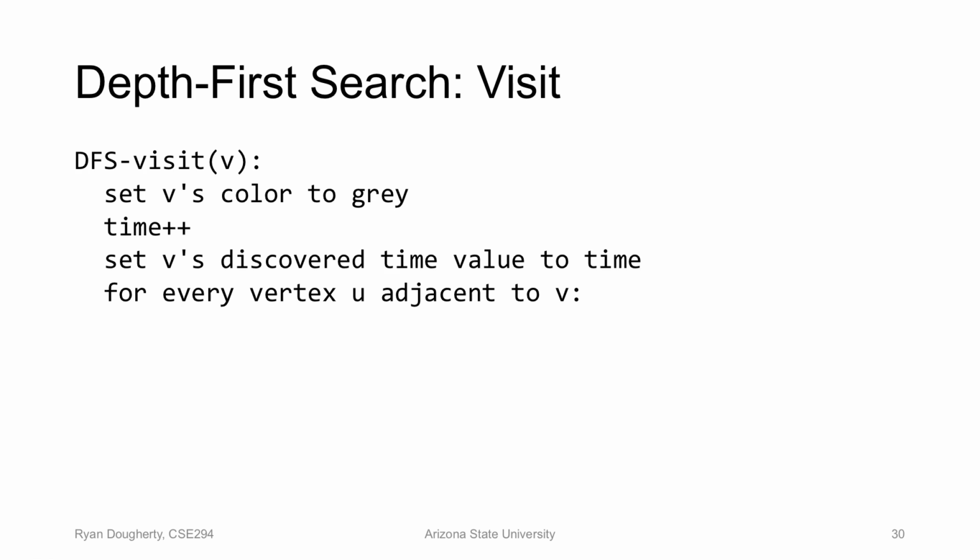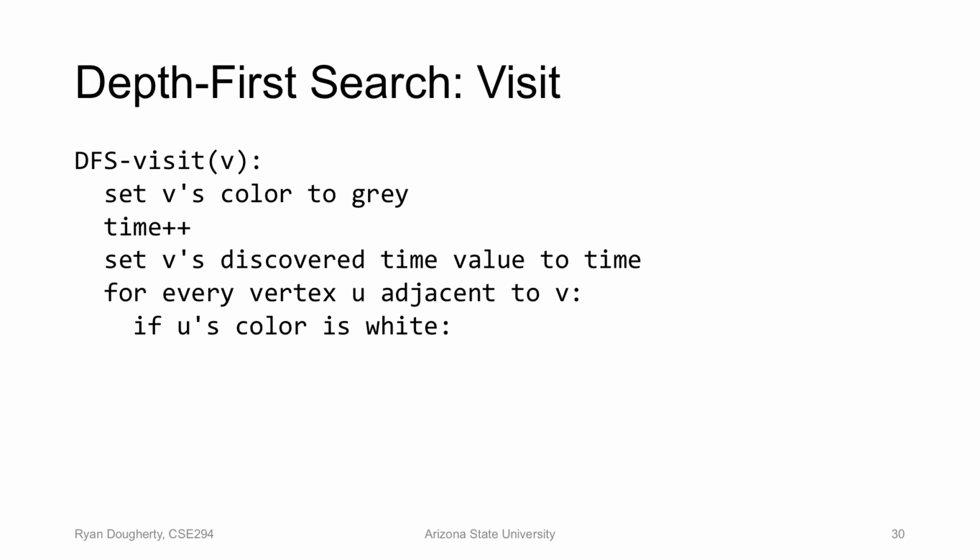So let's just say I'm looking at vertex U right now, which is the first one. Then I'm going to go in that direction. I'm going to recursively call on U. Okay? I'm just going to head that direction. I'm not going to mark every vertex at the same time. I'm going to go in one direction, then come back, try the next one, come back, third direction, come back,